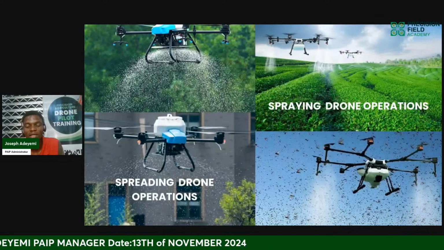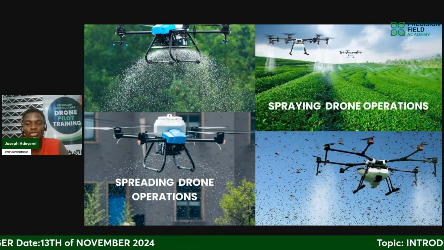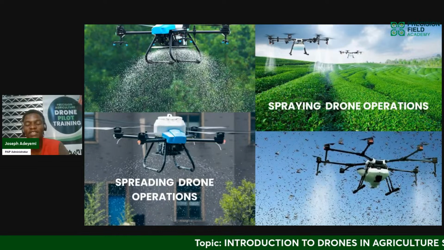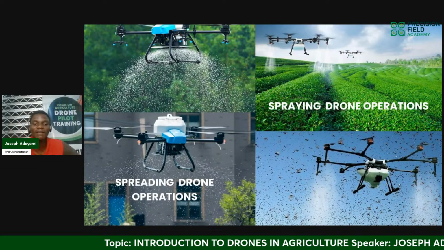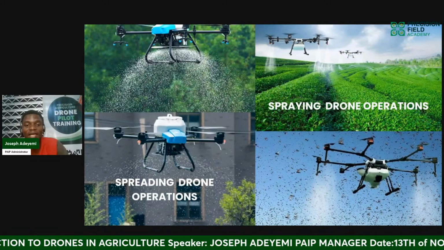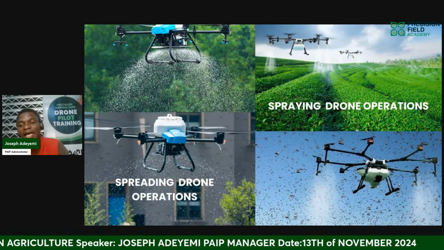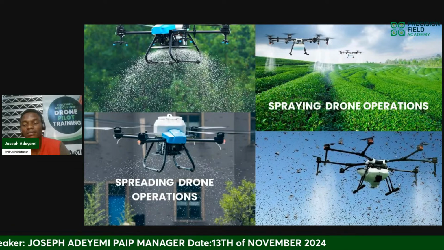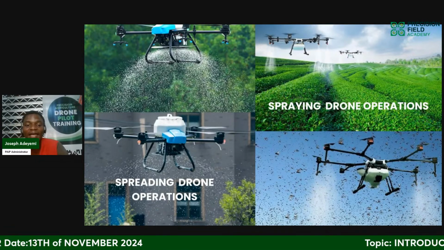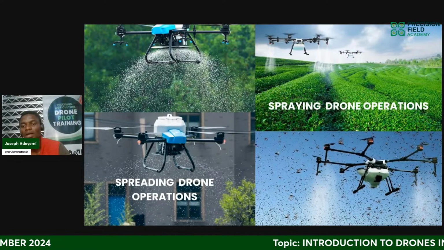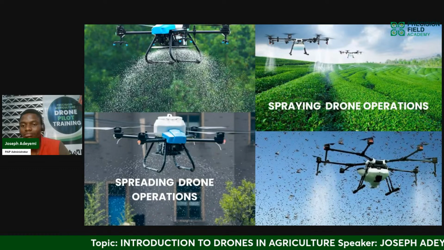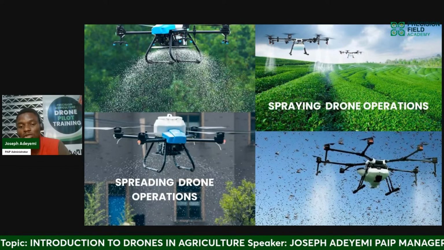that's it. All right, so let's quickly talk about the actuation drones. So basically, like I said, actuation drones are categorized into two platforms. We have the spraying operation and we have the spreading operations. The spraying operations is where you use them to spray crop protection solutions like pesticide, such as herbicide, insecticide, fungicide, rodenticide, or even herbicide for rice farmers. So you could spray agrochemicals to help control the effect of pests on your agricultural production.